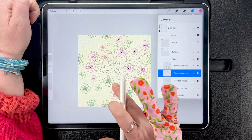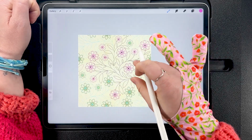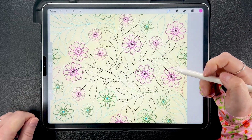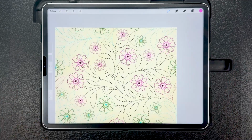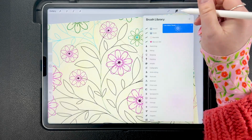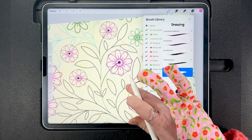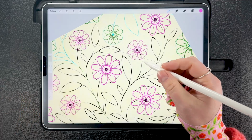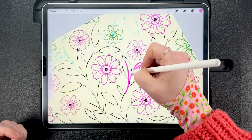So because I've got all my leaves mapped out and my stems, I'm not going to bother tracing over those on the sketch layer, which is how I would build a pattern if I wasn't using a template. If you want to change any of the elements up in here, for example, let me just grab a brush. If you wanted to do things like altering some of the leaves, for example, if you wanted to make that into 2 leaves,